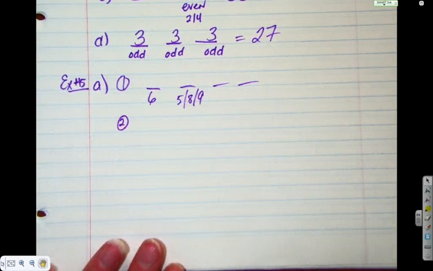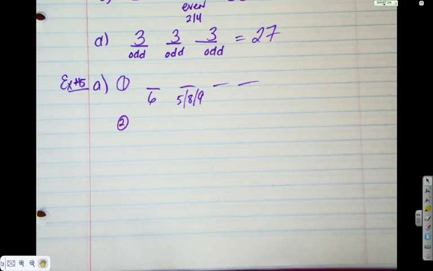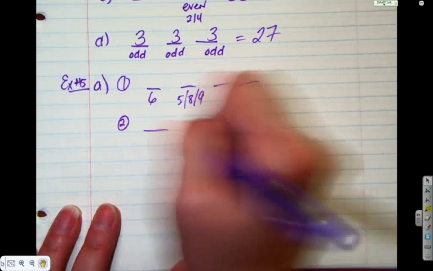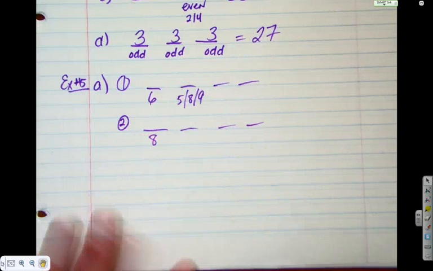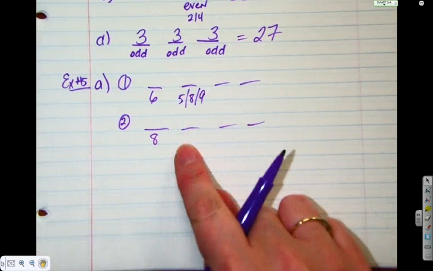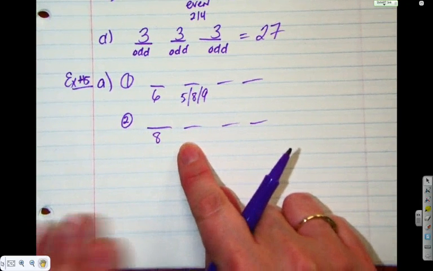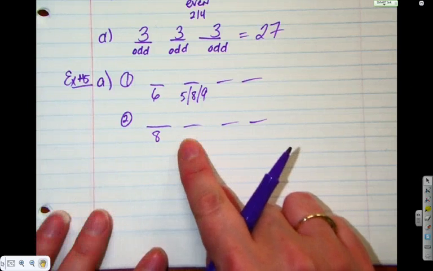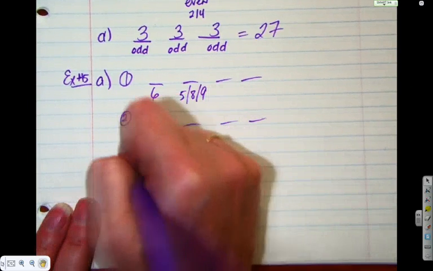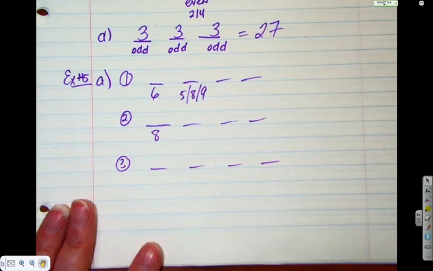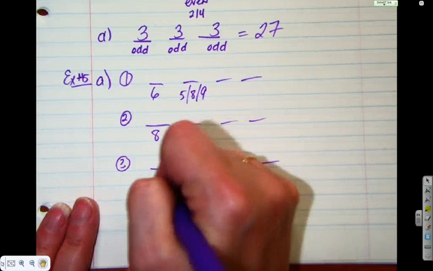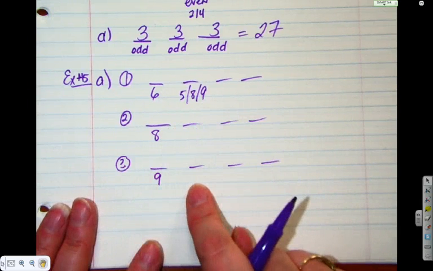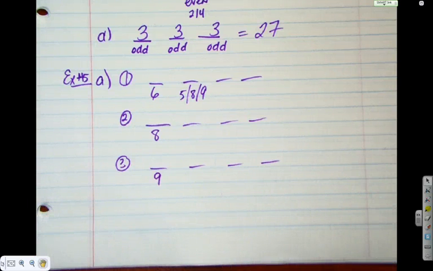Okay, next one was starting with an 8. Can we start with an 8? What about the second digit? Doesn't matter. Anything there is going to be greater than 6,500. Can we start with a 9? Doesn't matter what follows. Okay, so all I did was just use logic to set up my cases, just went through the numbers one by one.